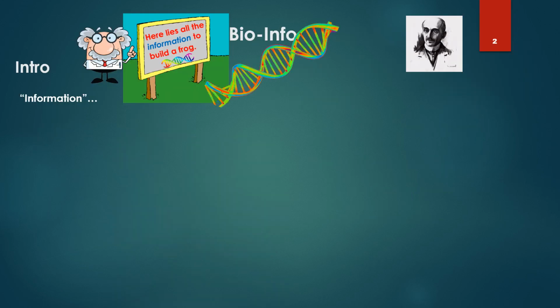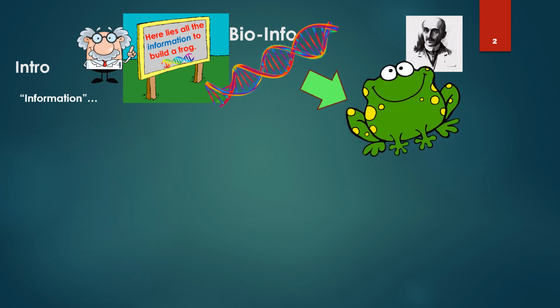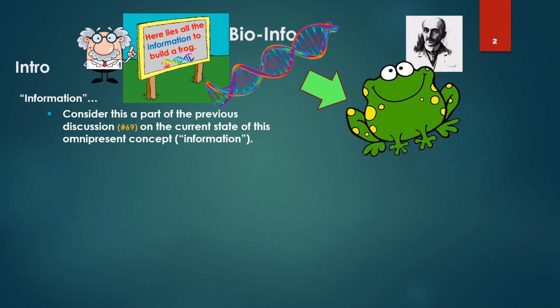Information. Normally the schema is as such. In the DNA lies all the information to build a frog. So consider this a part of the previous discussion, number 69, and the current state of this omnipresent concept is